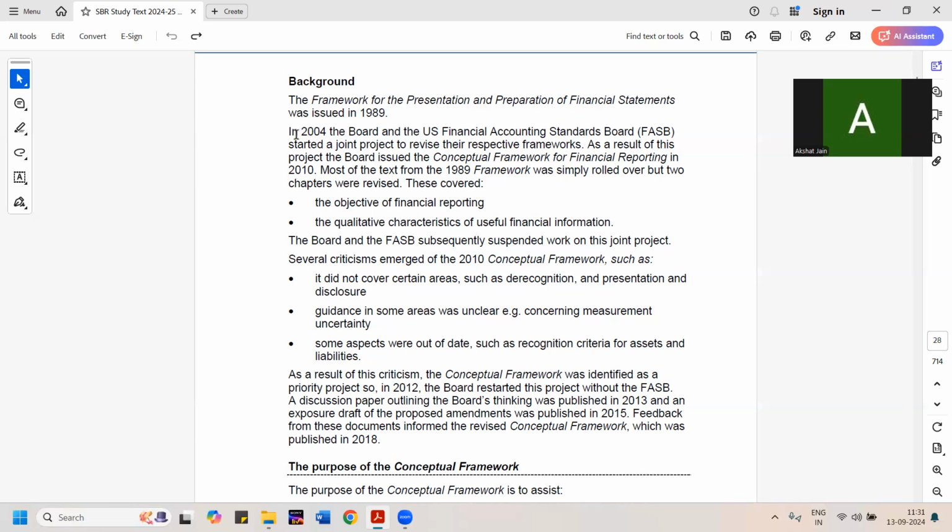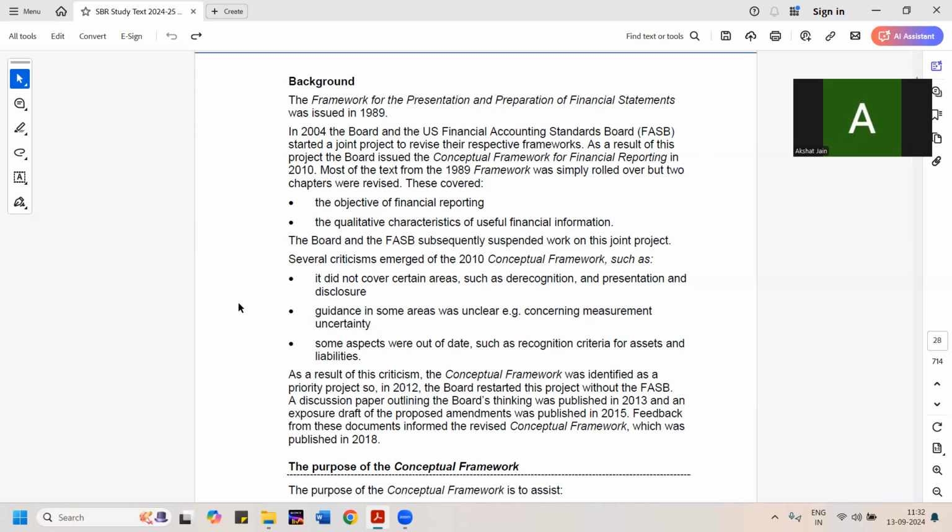However, they started a project in 2004, and by 2010 they released a draft of it, called the Conceptual Framework for Financial Reporting. It was very highly criticized due to the fact that it did not cover certain areas such as derecognition, presentation, and disclosure. The guidance in some areas was very unclear concerning measurement uncertainty, and some aspects were out of date, like the recognition criteria for assets and liabilities, due to which